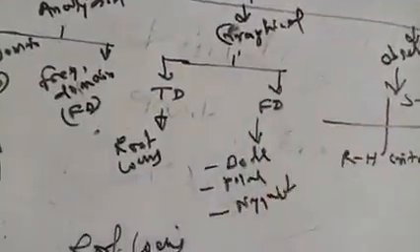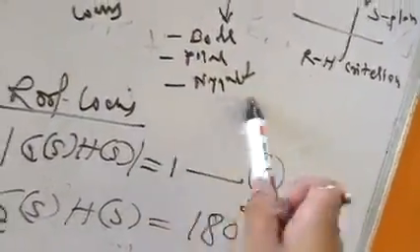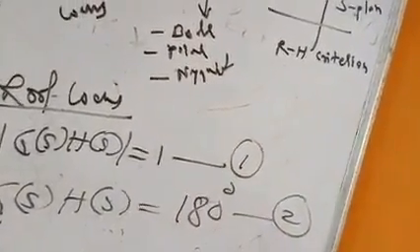Next is the graphical method. Similarly, there are 2 types of graphical method: time domain and frequency domain. In time domain, we use the root locus. In frequency domain, polar plot, Bode plot, Nyquist plot are the methods to analyze a control system using the graphical method. Now our topic is root locus.